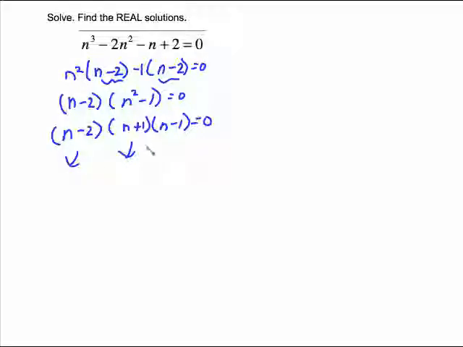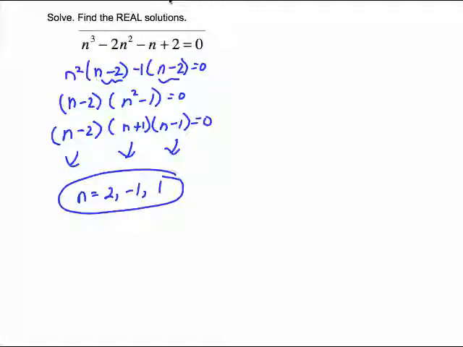Set each of these equal to 0 and solve, and you get n equals 2, negative 1, and 1. All of those are real solutions. Solve this. Now, you know when you solve, you need to have everything on one side in descending order equal